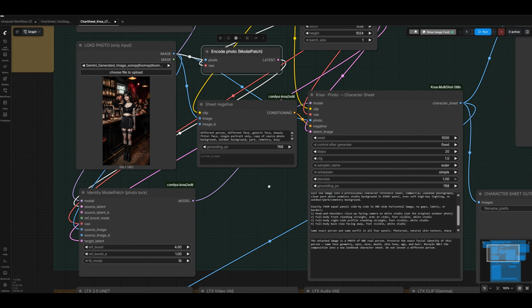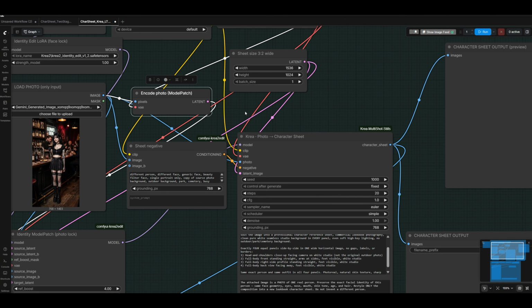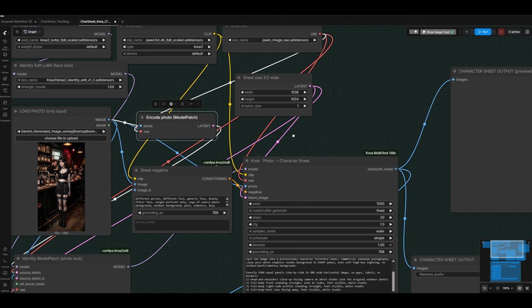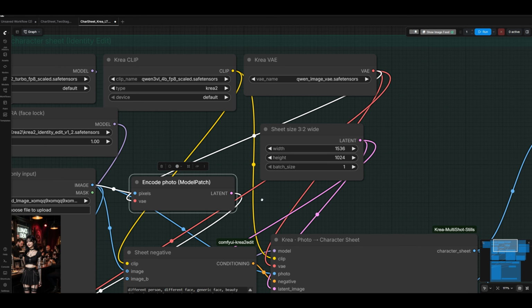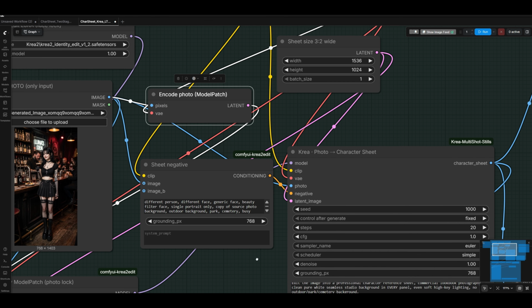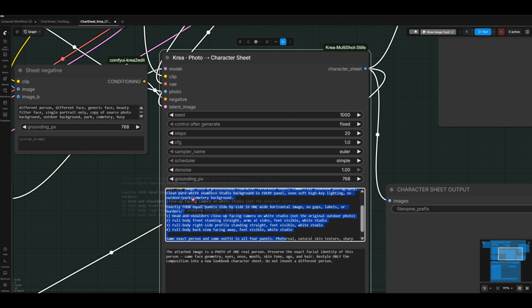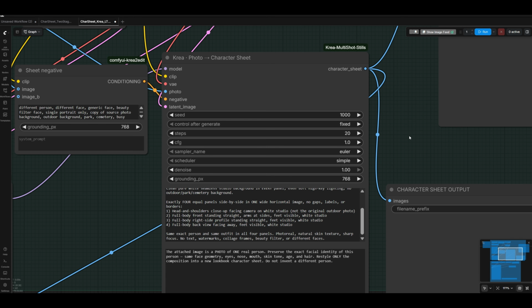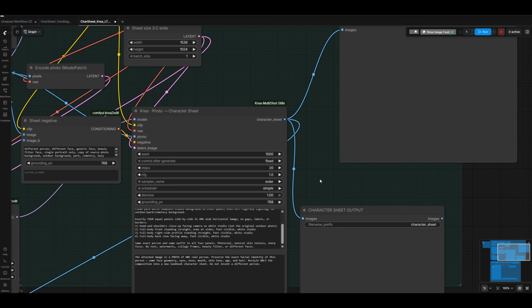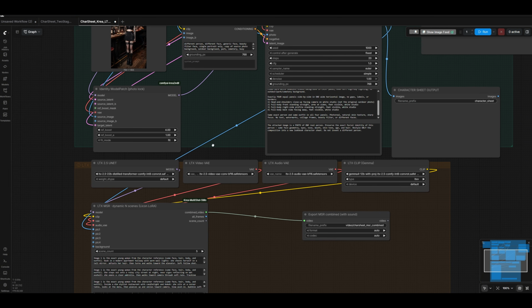Encoding, canvas size, and negative prompts. Encoding turns the photo into a form the model can use. The canvas is set wide for a 4-view character sheet, and the negative prompts are already filled in. Keep out things we don't want, like the wrong face or a busy background. Krea's character sheet prompt is also ready. It turns that one photo into a clean lookbook. Close-up, front, side, and back. Once the sheet looks right, that output becomes our identity lock and feeds straight into LTX 2.5 for the multi-scene